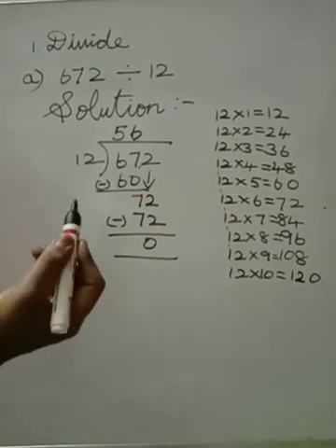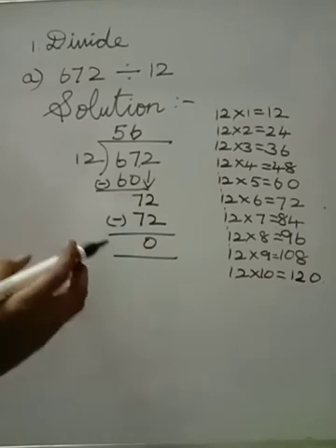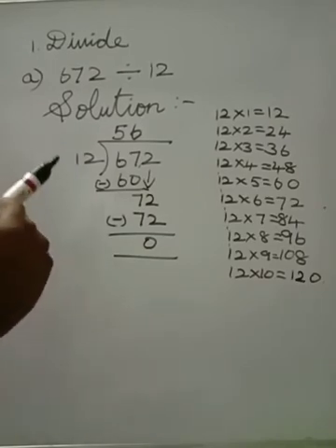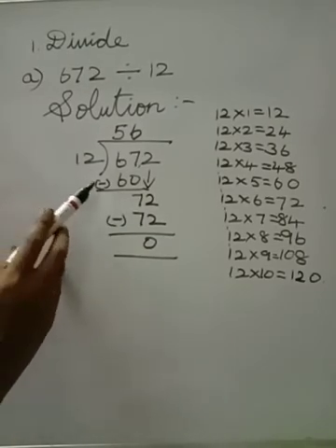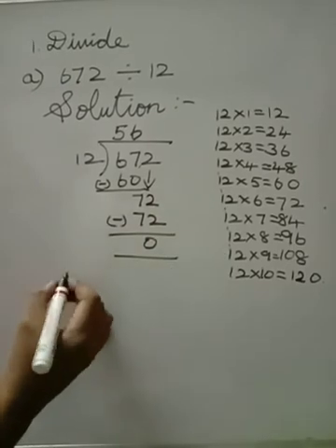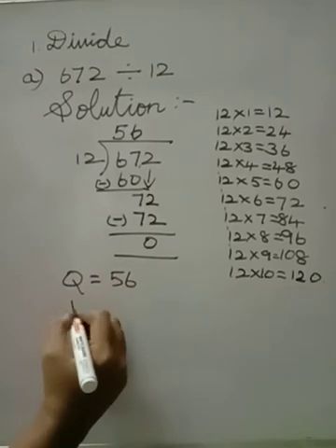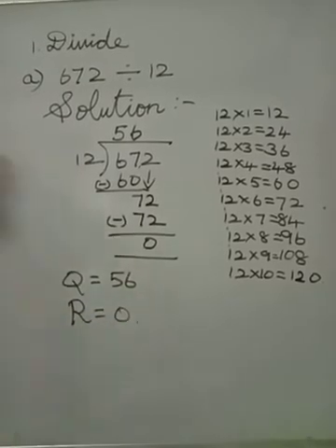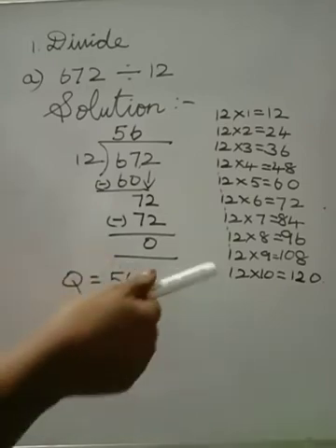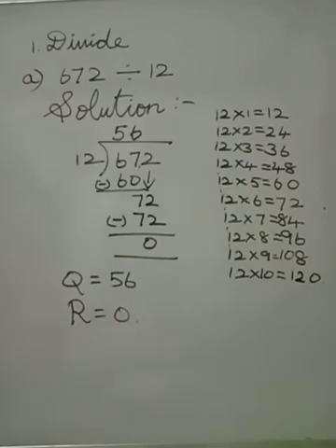Okay? So the same method as you divide by a single digit number. But the only thing is, for 2-digit numbers, write the tables correctly. Now you write the quotient, it is 56 and the remainder is 0. So write this in your note also, and please, while writing the tables for the 2-digit numbers, write them correctly. Okay? So we will see the next sum now.